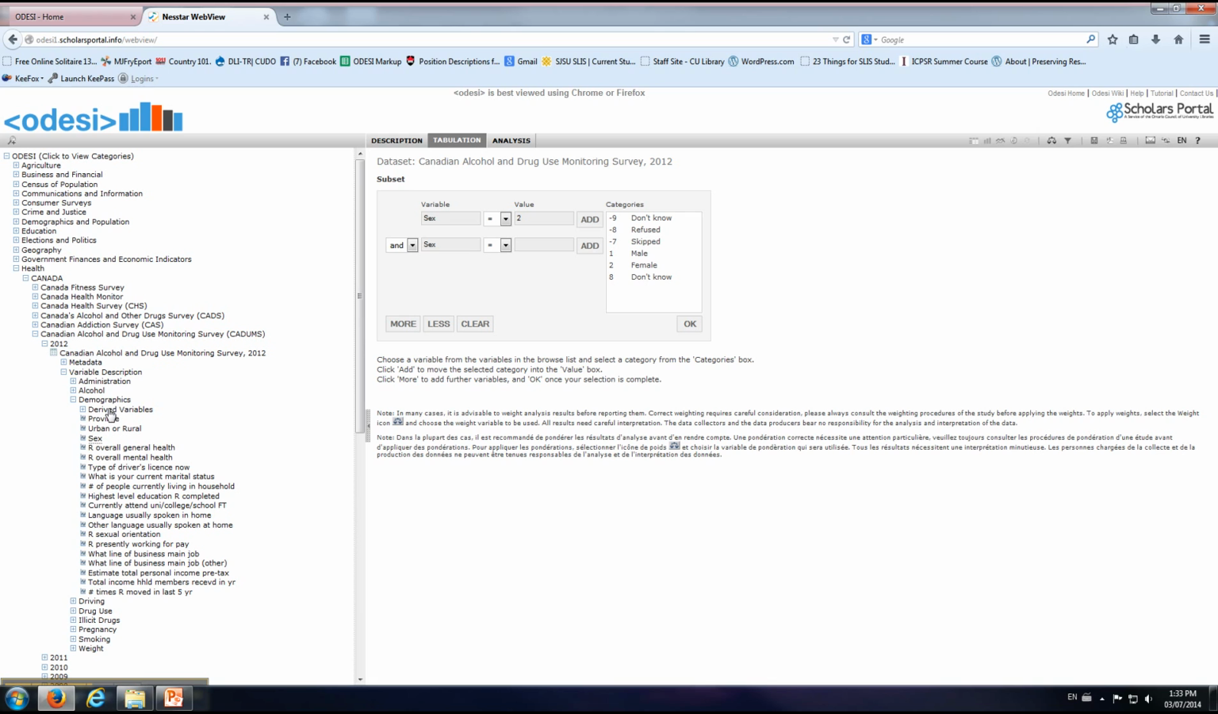Now go into province and click add to subset. Now we have the option of choosing the range of provinces. So let's say that we wanted to look at New Brunswick and the females within New Brunswick. So we already have females selected, and let's highlight New Brunswick and click add. What we've now done is selected females within New Brunswick as our subset. So we would click OK